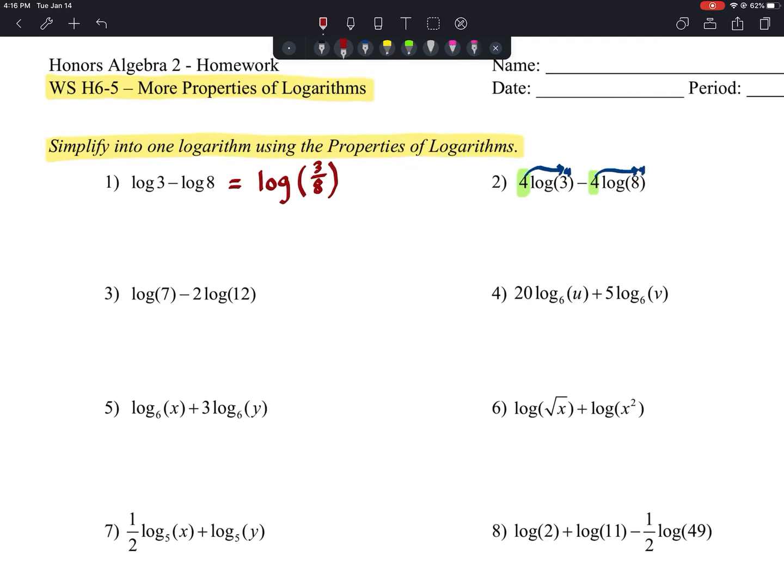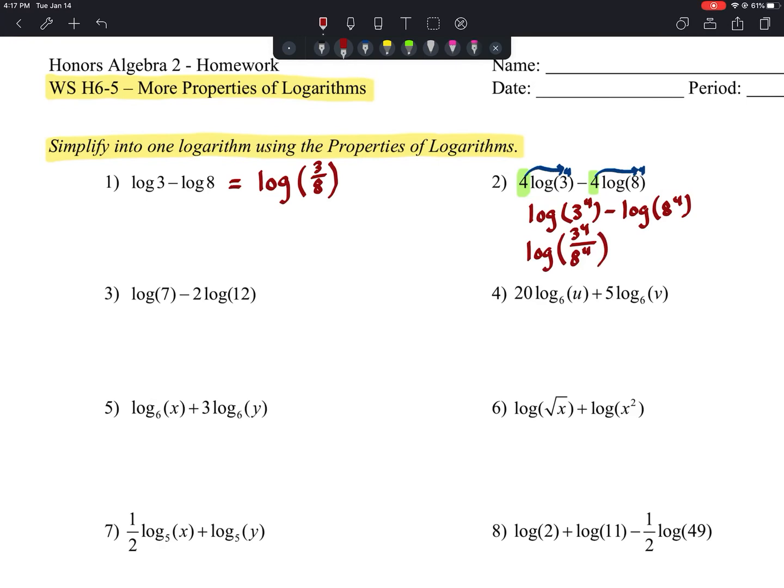So what we're looking at right now would be the log of 3 to the 4th power minus the log of 8 to the 4th power. And now, again, we can use the quotient property of logs. We could say that this is like the log of 3 to the 4th power over 8 to the 4th power,